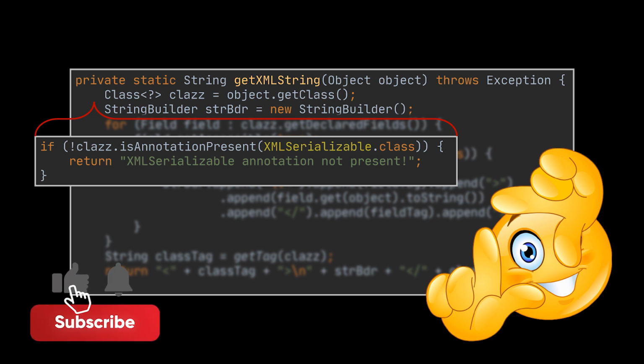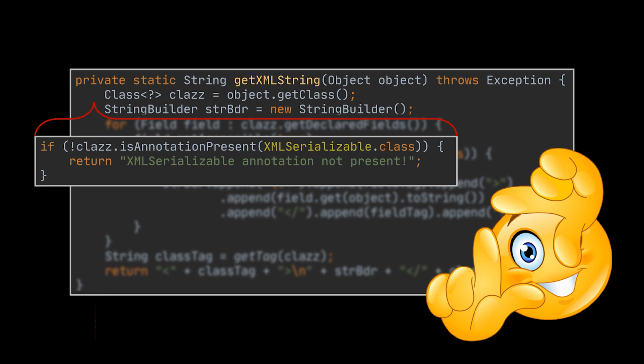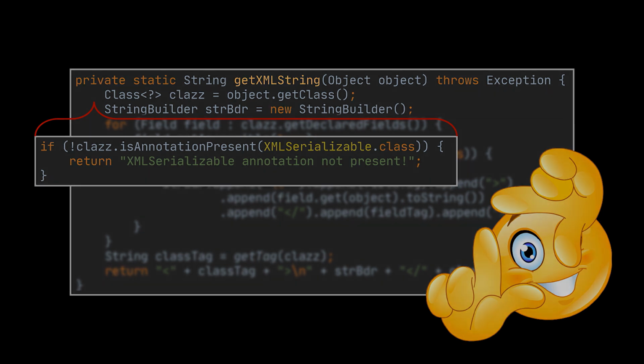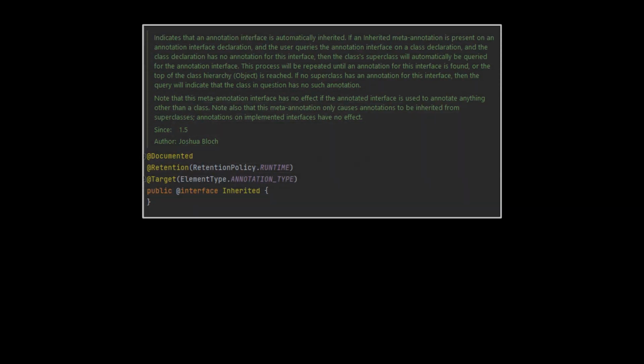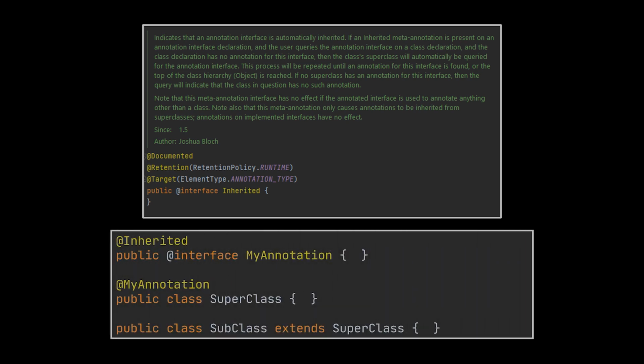Now, for the second part of this video, I will tackle a couple annotations that can also be used while creating your own custom annotation. First, the @inherited annotation signals that a custom Java annotation used in a class will be inherited by subclasses inheriting from that class. What you see is an @inherited Java annotation example.